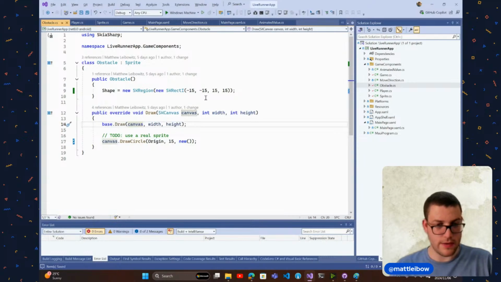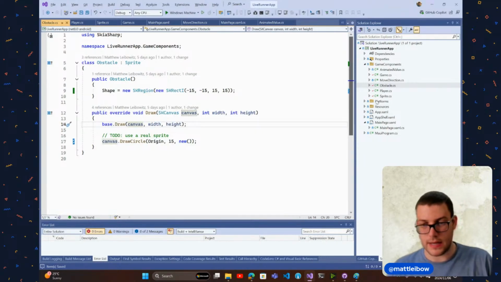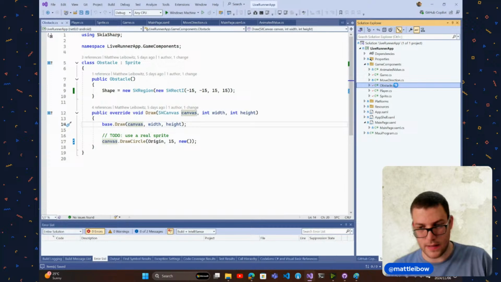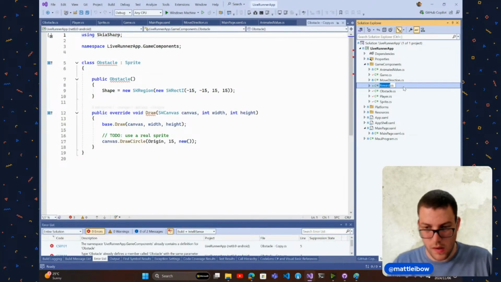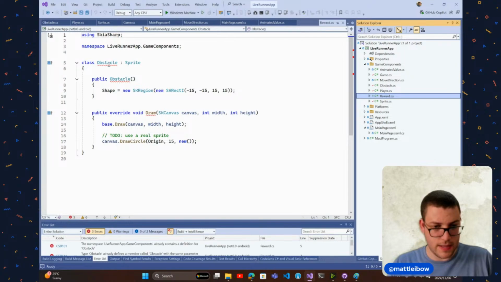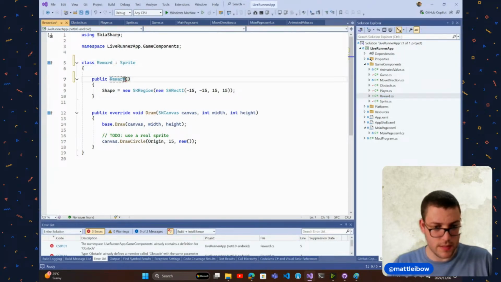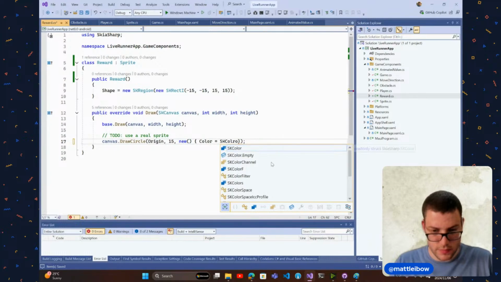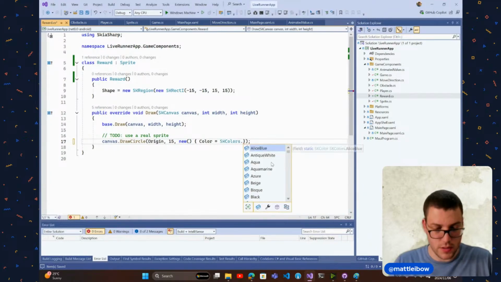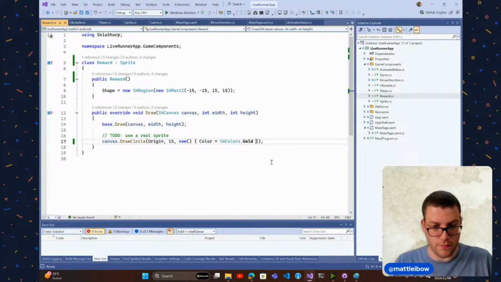So there it is, and I think we'll add another. Let's call it reward. And reward, and this one's also going to be that, and we're going to draw a circle. Instead of having a black blob, we're going to have a color, and what we're going to do is color dot gold. Let's just do gold for there. Then in our game,